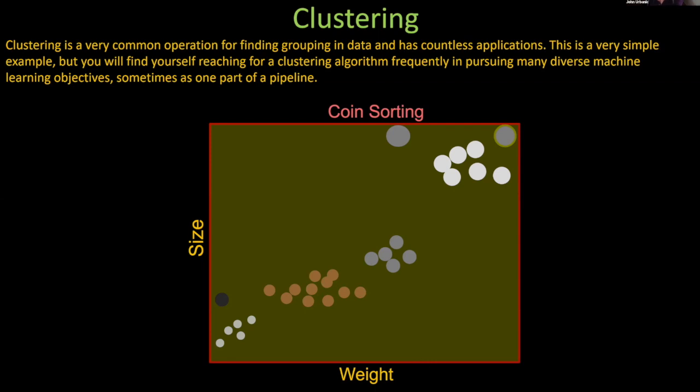But let's jump into it with the most obvious kind of problems, which is you've got a bunch of data that's obviously clustered. So let's say we've got, for example, our coin sorting problem. We were just visiting some random countries and we're pulling coins out of our pockets, and I pull out some coins here. I was using them in Uruguay, and I dump them on a table, and without knowing anything about the coins, or I've forgotten completely what they are, I sort them by their size and their weight, and they group themselves like this. Well, without knowing anything about the coins, their denominations or anything else, I can kind of tell how many denominations there are at least by their clustering. I might not know their values, but I can at least see by their clustering how many different types of